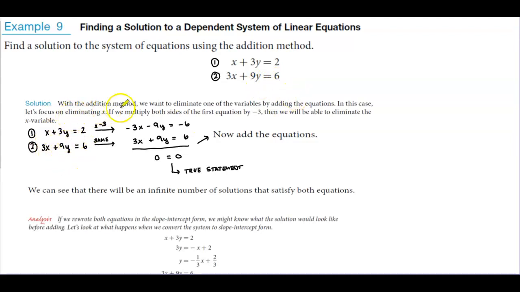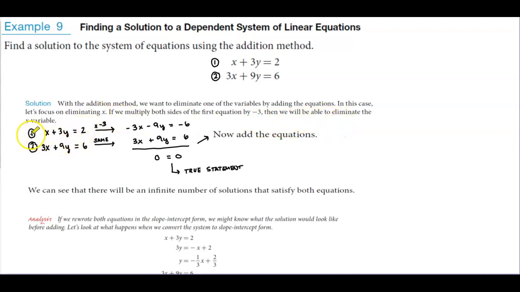Now, with the addition method, we want to eliminate one of the variables by adding the equations. In this case, let's focus on eliminating x. Now, we can also eliminate y. It doesn't matter which one you choose to do. So if we multiply both sides of the first equation by -3, then we will be able to eliminate the